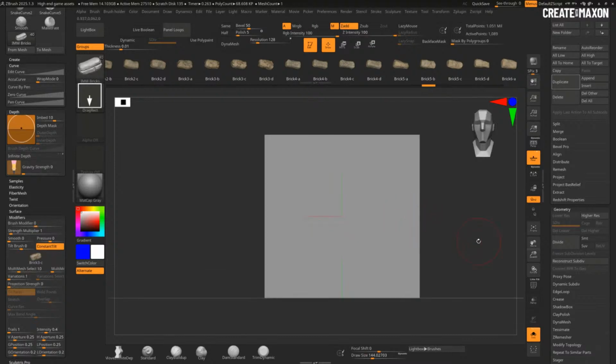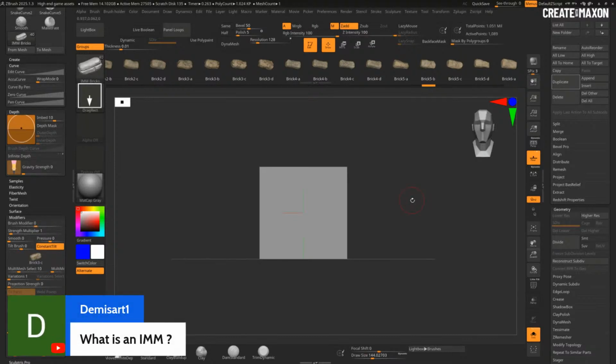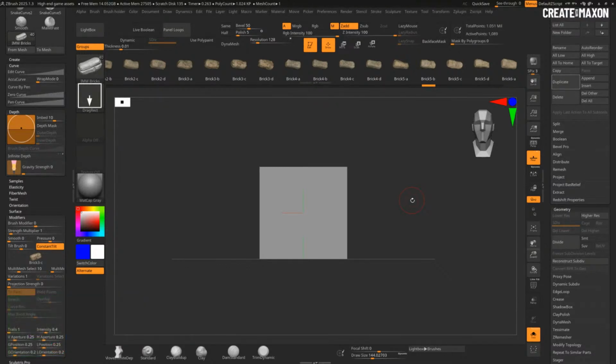Yeah. If you want to stop for a question, that is an important one, because if someone doesn't really understand what an IMM is, that is the prerequisite to understand this. So an IMM is an insert multi-mesh brush, so an insert mesh brush. And you can create IMMs. We can go through that as well. An IMM is basically a brush that has a collection of meshes, and then you can just drag them